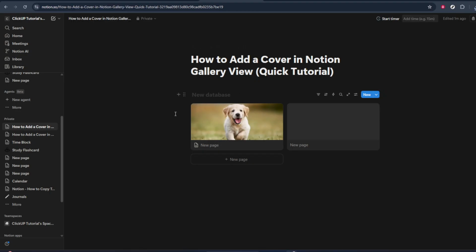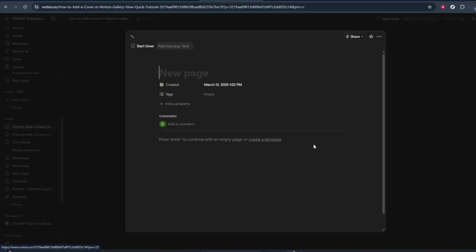First, make sure you already have a Notion database that's using the gallery view. This is the layout where each item appears as a card. Icons are a great way to make those cards easier to recognize at a glance, and to give your workspace a bit more personality. To get started, open your Notion workspace and navigate to the gallery database where you want